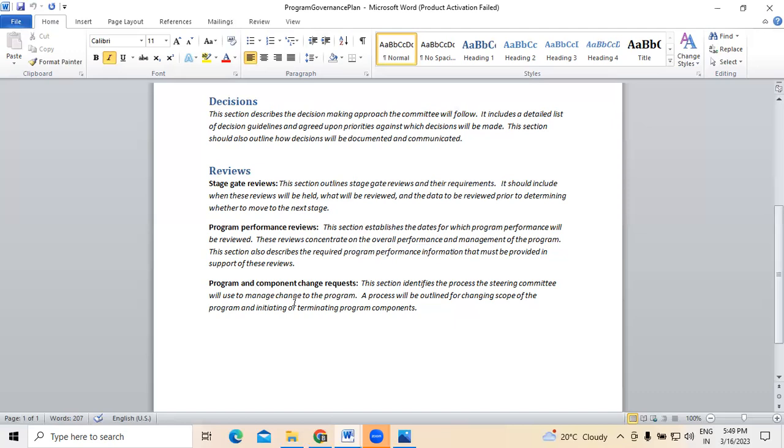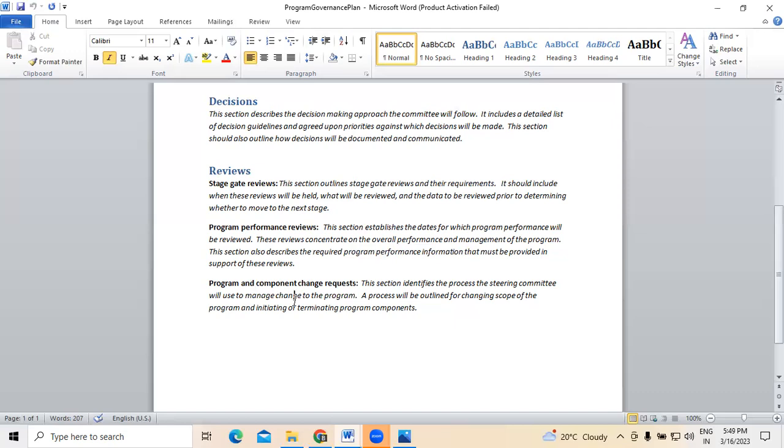So what are the different components we are using? Program components may not be the same for all projects because there may be different projects. Components may vary from time to time. But whatever the changes, just as we do change management or a change order request for the projects,